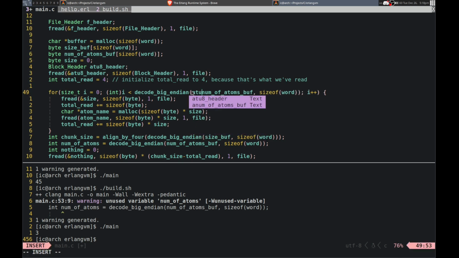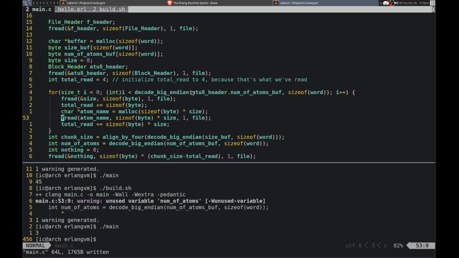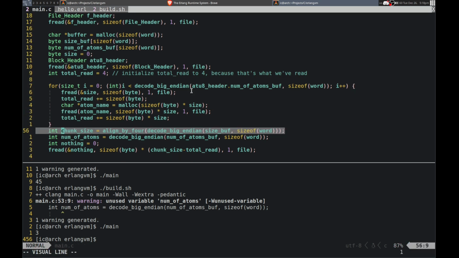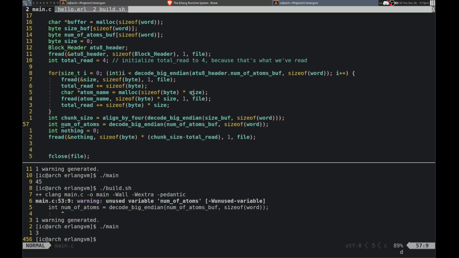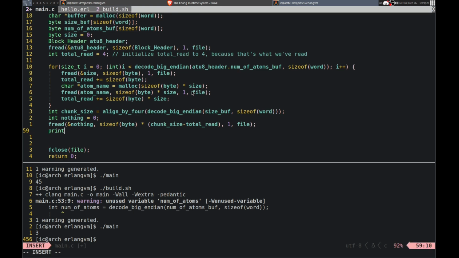Yeah, so at U8 header dot that. F8 size of byte. Is that all that I need to use for that? Okay. And then we don't need these. We need the chunk size though. Okay. And then I should be able to print out at U8 header.